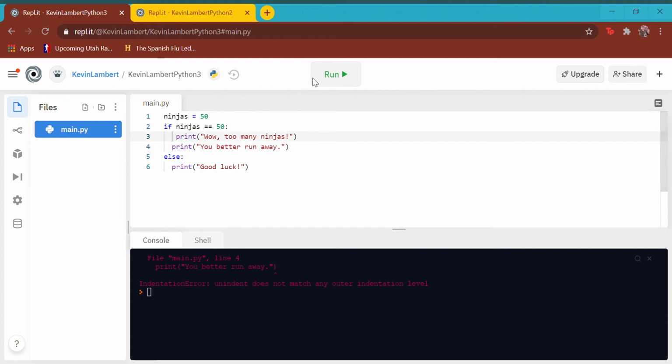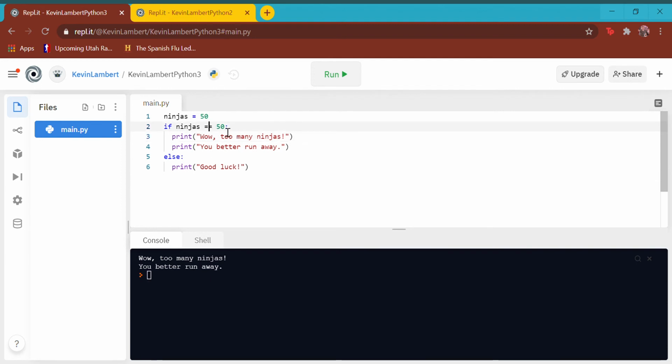So same thing up here. If I had an extra space, I get the same error. Everything under your if and elif and else branches has to be indented the same. So there we go. Now let's say, obviously, 51 ninjas, it's just going to say good luck, but of course it's going to be a little bit more sarcastic. So now we want to say if it's greater than 50, and this